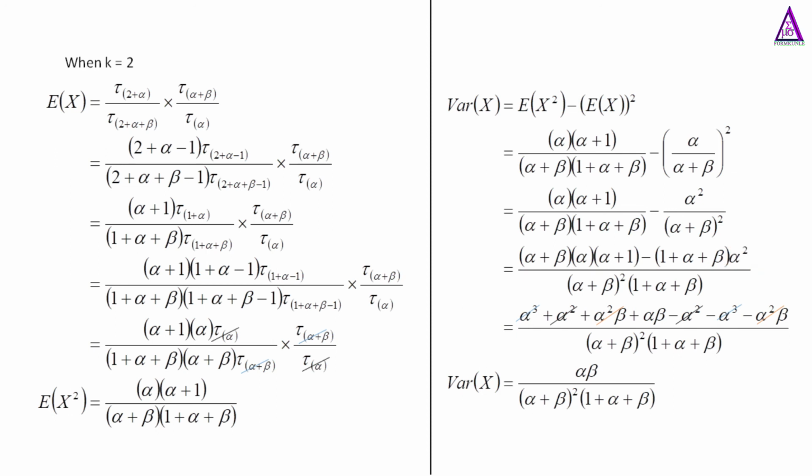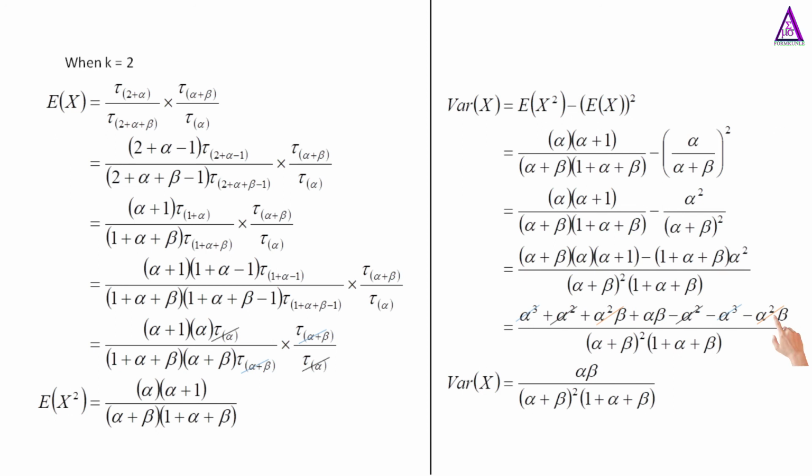And when we take the LCM of both alpha plus beta into bracket 1 plus alpha plus beta and alpha plus beta all square, which gives us alpha plus beta all square divided by alpha plus beta all square, close bracket, open another bracket, 1 plus alpha plus beta. When we multiply each other, we open the bracket of this side,